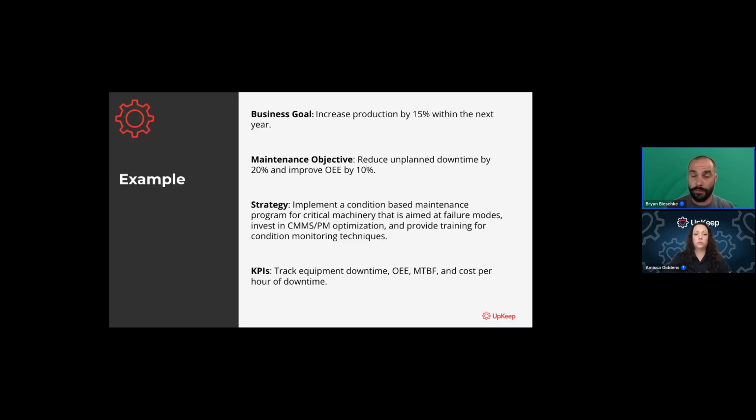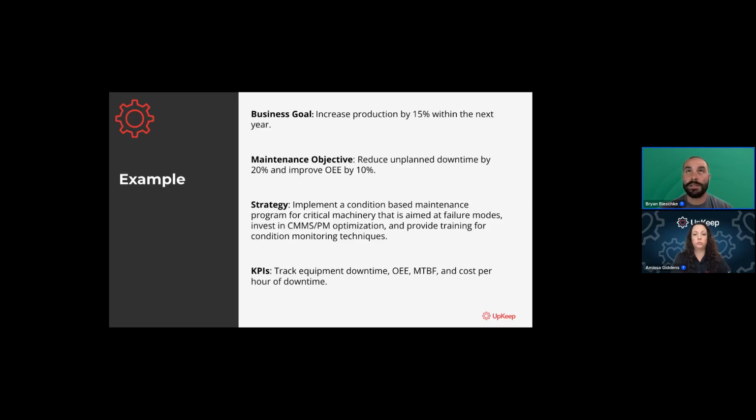So overall equipment effectiveness is your availability, quality, and performance, and your reject rate, right? So you're looking at how often things are not going the way you want. What capacity do your machines have? Are we doing the right things? Are we getting death by a thousand cuts? All that. So here's our strategy: we want to implement a condition-based maintenance program for critical machinery that aims at failure modes. So we're actually looking for potential failures. We're not just saying we're going to maintain this machine because manufacturer A says we do it every 3 months, right? You're probably wasting your resources.